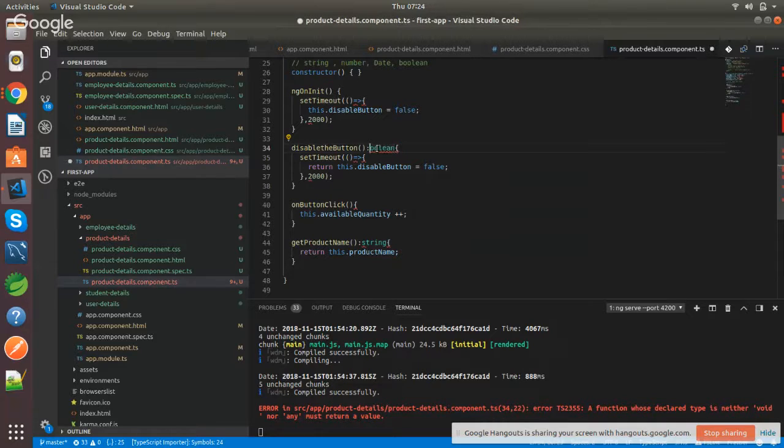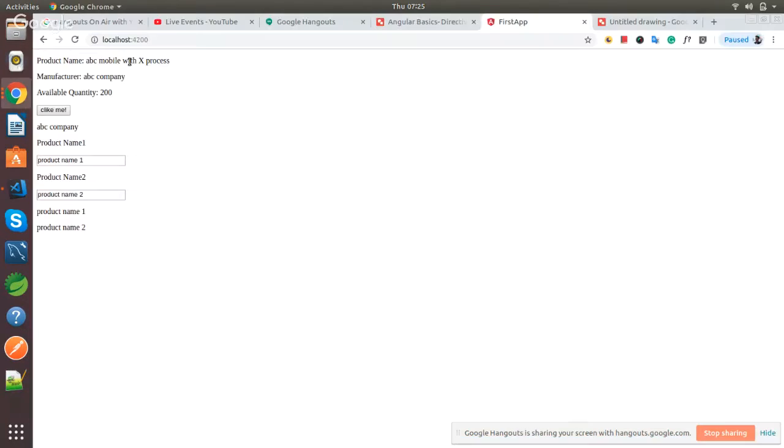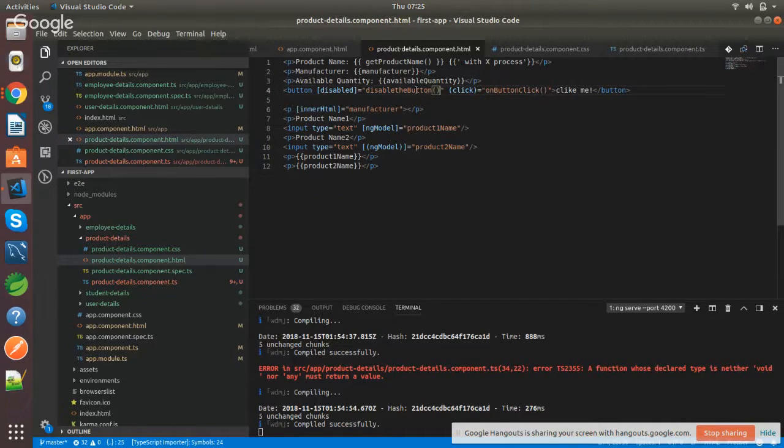So it can't expect, so it can be of any type. So here we are returning boolean, but it is not taking like that. You have to return, you are returning a string type. You have to return a method local variable. Yes. If you keep it outside of that setTimeout method, it will